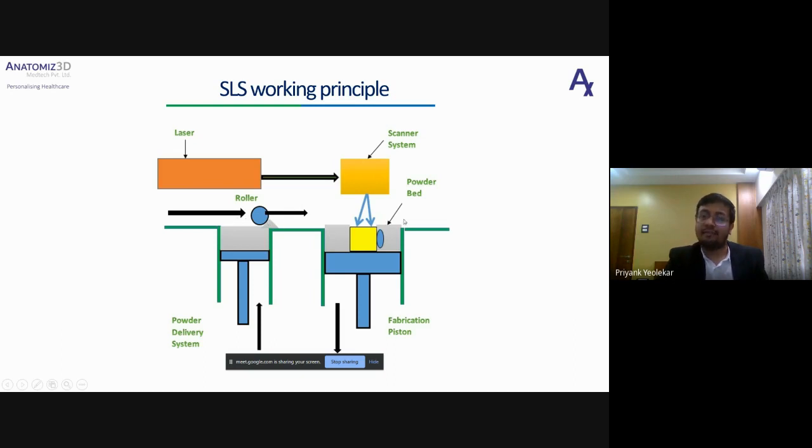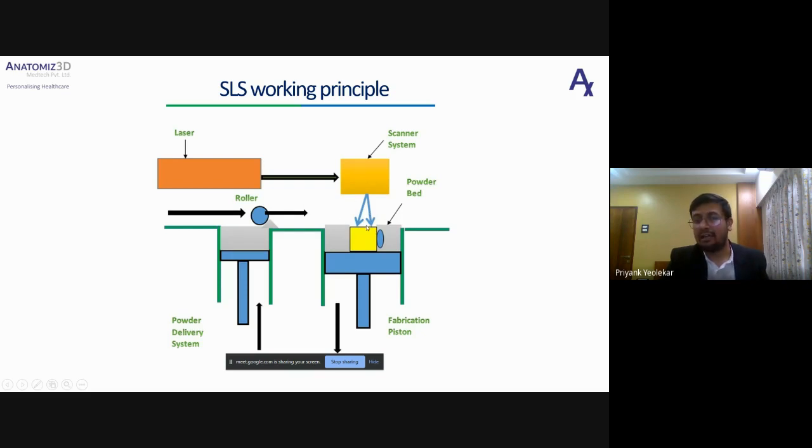The blue one which you can see here is your build platform, where the roller spreads a very fine layer of powder, and then the laser comes, and there is a scanning system, again very similar to your SLA, where there will be multiple mirrors inside, which move and direct your laser on the build platform. And this is how the layers are sintered.